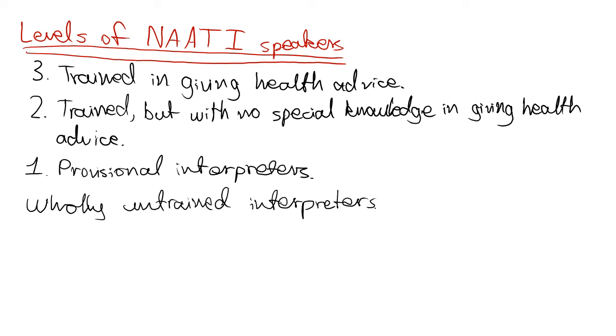Usually we say that having family members translate for a patient is the last resort, because family members do have the ability to have their own agenda. They may be hiding some information from the patient for their own protection, or they may be uncomfortable sharing some information with that patient. Say, for example, if the condition is related to a personal area of their body, or it's quite serious, they may not want to share that information.